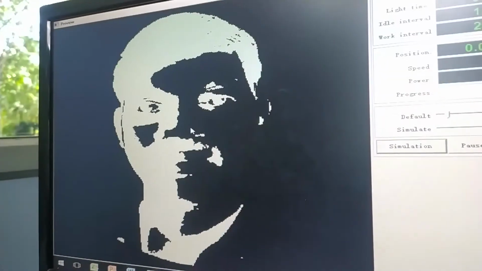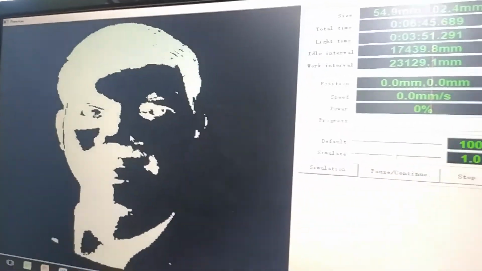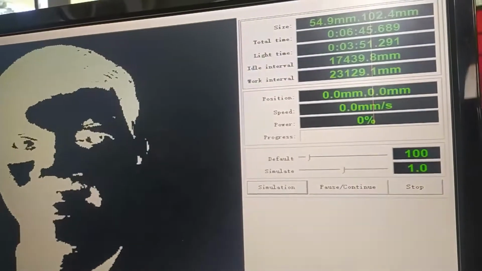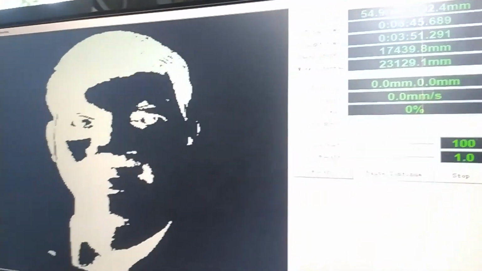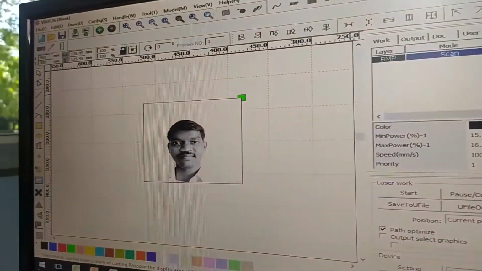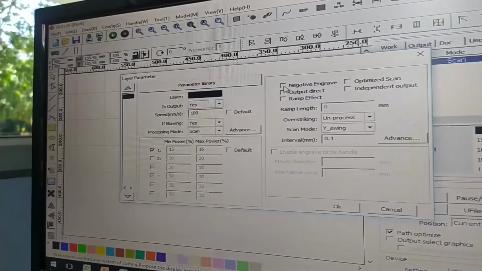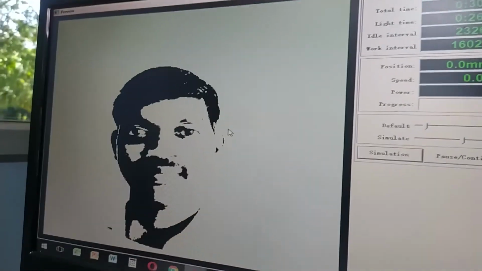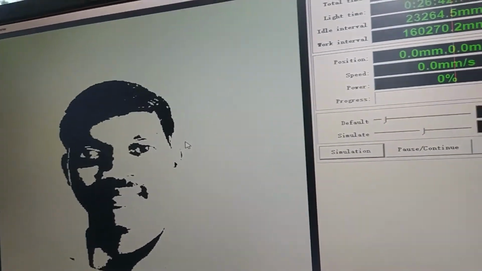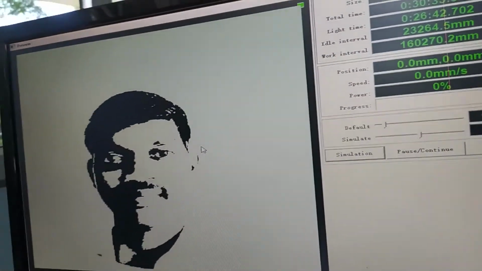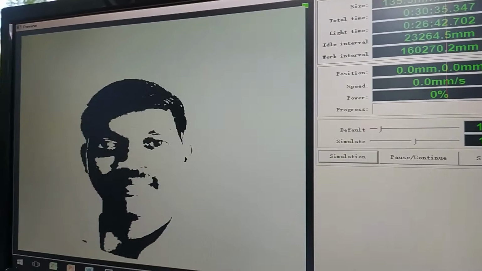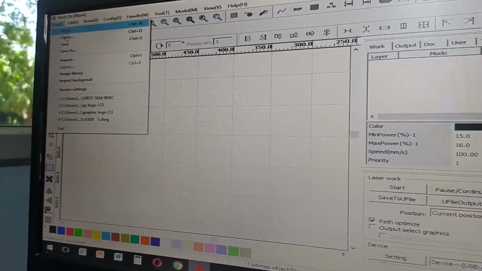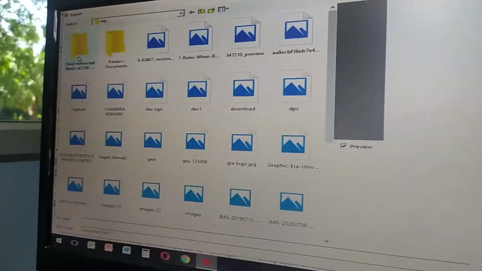Okay, and see in the simulation area, you can change this also if it does not look good, so change it. Now see, I think it looks better. You can do it on your own images also. So this is for here.